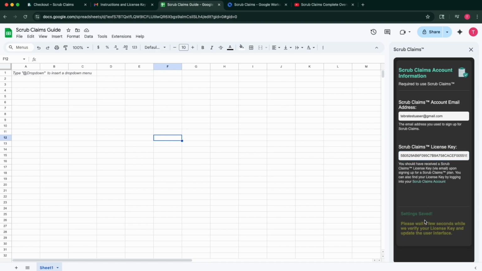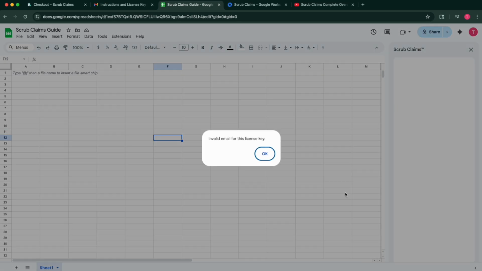Let's click Verify. And now 2 things are going to happen right here. First, it's going to verify your license key, and then it's going to automatically start copying in the template that we'll be using for ScrubClaims. So you'll start to see, as this loads and processes,